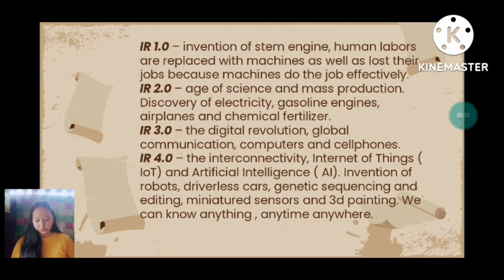So in IR 4.0, it is the fourth industrial revolution came after the IR 1.0, IR 2.0, and IR 3.0. So in this industrial revolution, we can know anything, anytime, anywhere, as well as with the genetic sequencing and editing,